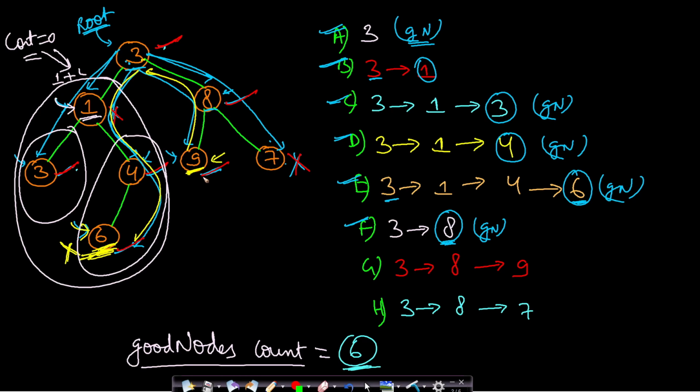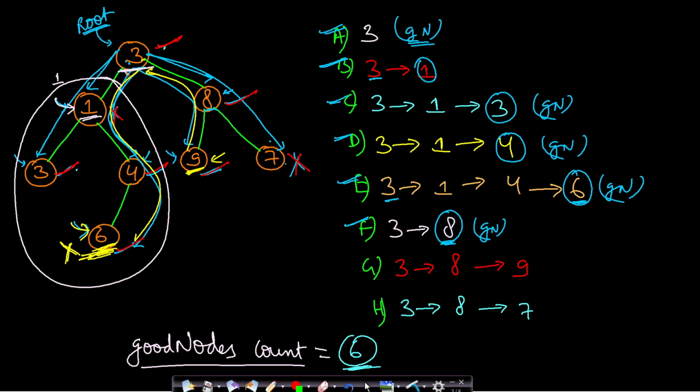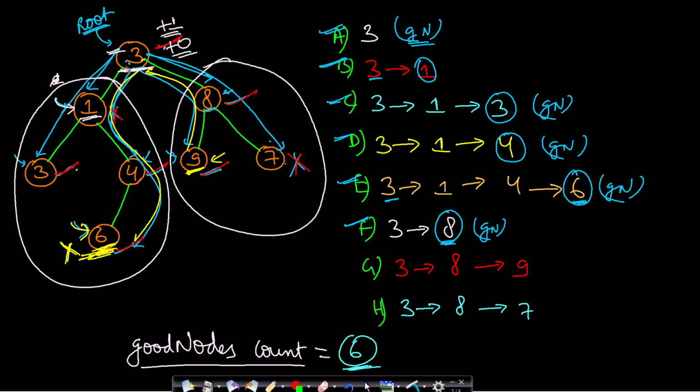So if you are thinking about how it is correct, then let me just tell you, for this entire tree, what will be the count of the good nodes? The count of good nodes will be the number of good nodes in this left subtree plus the number of good nodes in this right subtree plus 1 if this current node is a good node, or we will do plus 0 if it is not a good node. If it is a good node, we do plus 1. Otherwise, if it is not a good node, we do plus 0. And this will be recursively true for all the nodes. Okay. So this is how we will recursively keep track of the count.